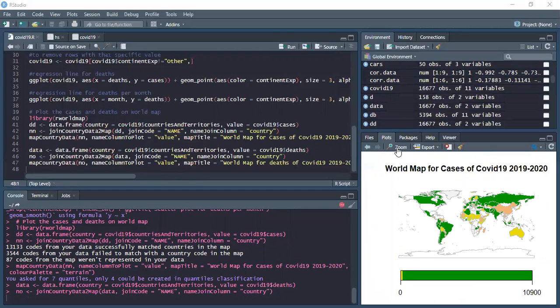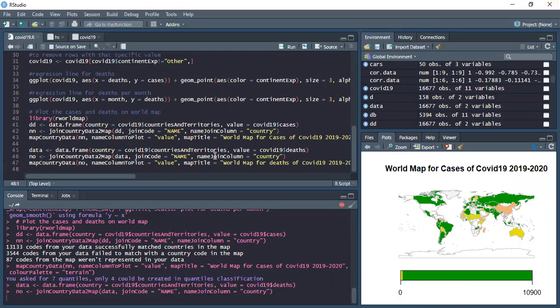So we can see here the world map for cases of COVID-19. Here we can conclude the American continent was having more deaths, more cases in those days, and Europe was also affected along with Asia. Africa was not so affected.